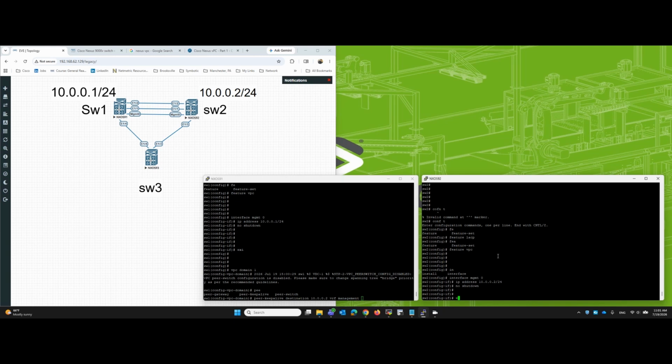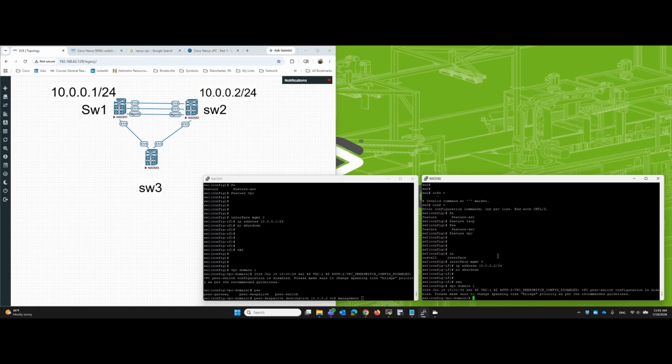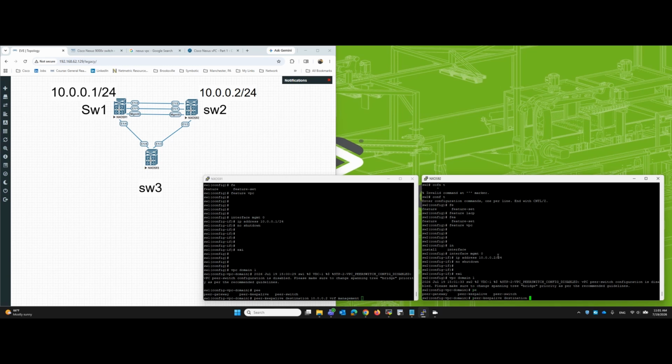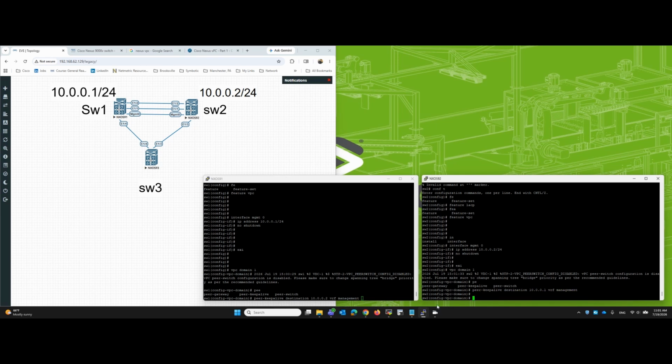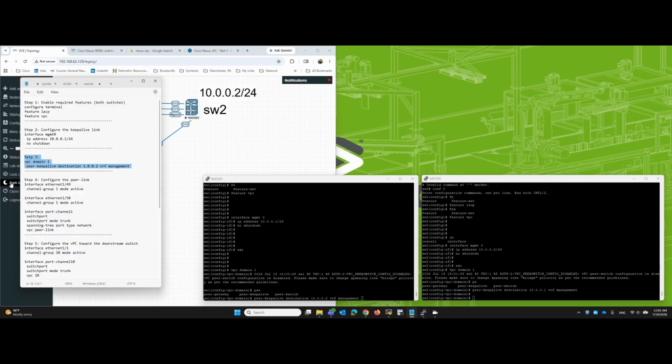So you'll say exit from here, vPC domain 1. We say peer keep alive destination is 10.0.0.1, which you can access via VRF management. This is the third step. The next step is configuring